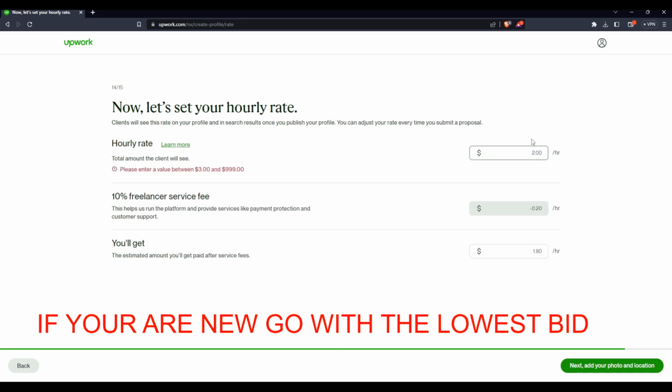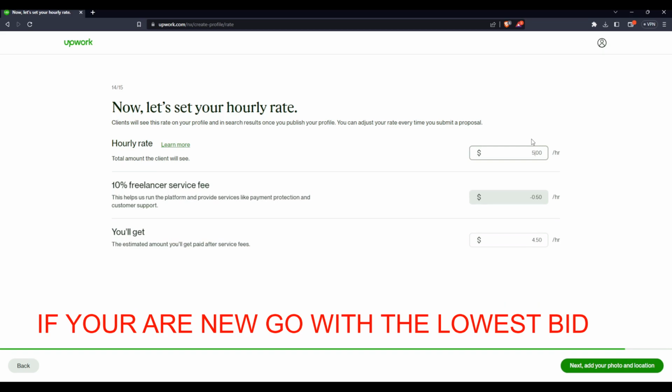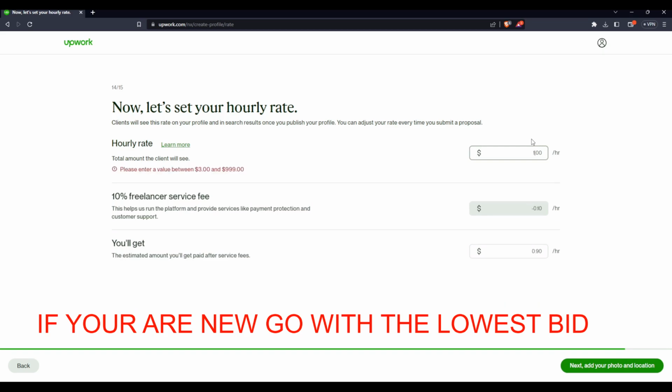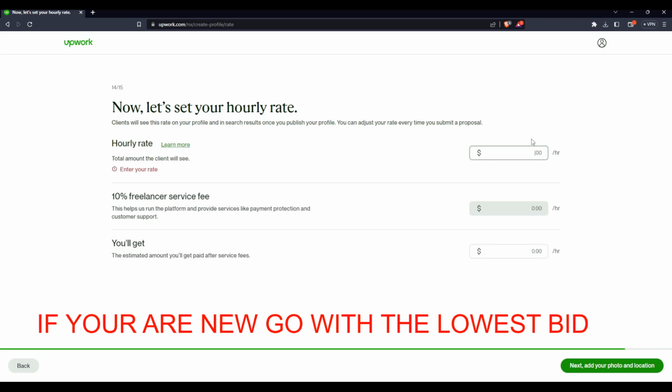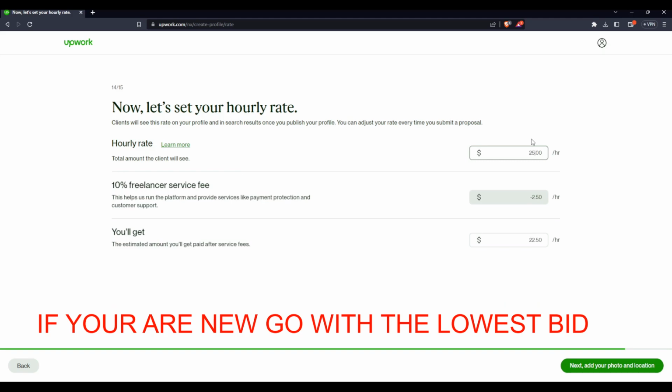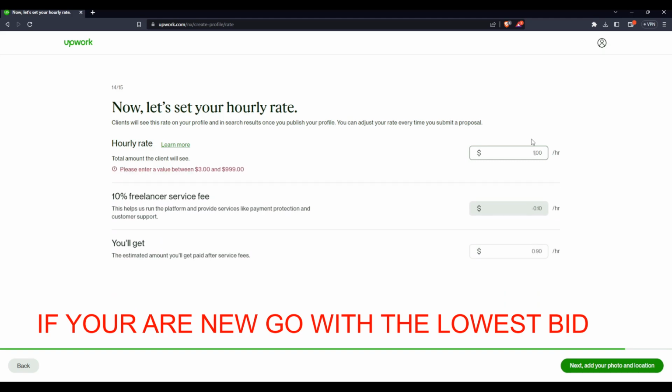You can set it any, okay, you can set it 5 minimum, or you can set it even 100 or 100 plus. And if you are just starting, I suggest you to go with 5 to 15. It will be best. And if you are mid range, then you can go for 25 to 30 and so on. So I'll just set it for 20 right now,